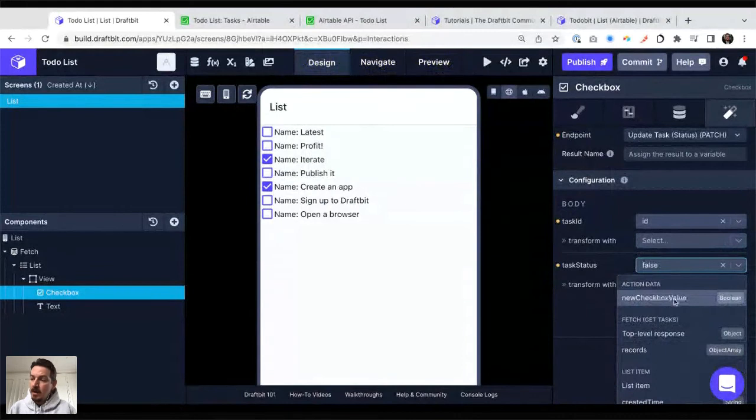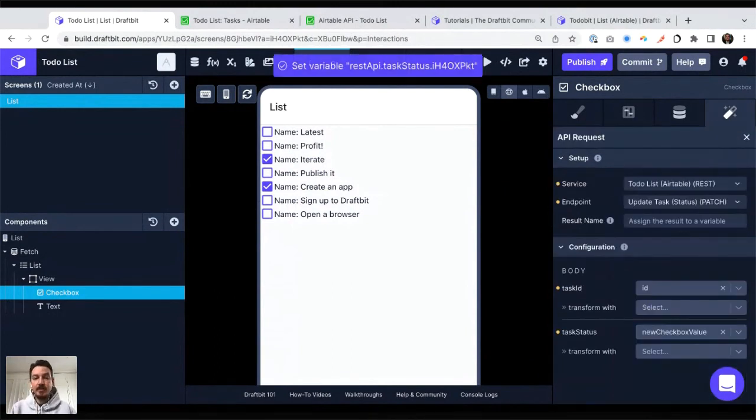I did not talk a lot about that, but when you added the checkbox on your screen, there's a checkbox value. There is data associated to the state of that checkbox. So now when I'm about to talk to my backend, I can say, give me the new checkbox value and pass that to my backend. Okay. All good. I think that's all we need to do.